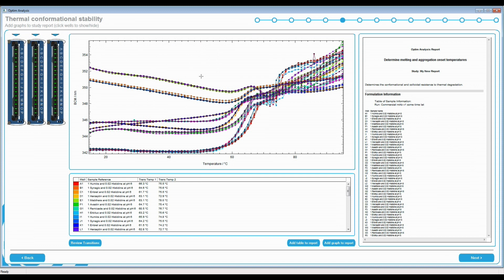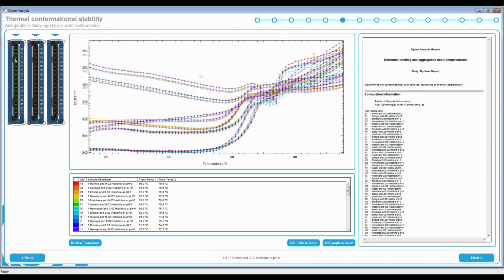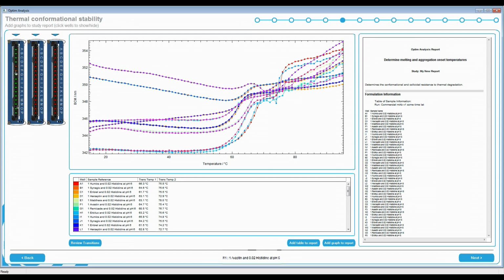The first step in this analysis is to look at conformational changes in the protein via information from the fluorescence. We can see here our MCAs on the left. Hovering over each well will indicate that trace on the graph and also tell us what the sample is. We can click on each well or the table of results underneath to hide wells that we don't want displayed, or if the result is an outlier, right-clicking and excluding it will prevent it from affecting our analysis as we